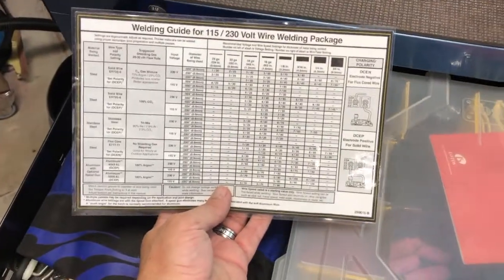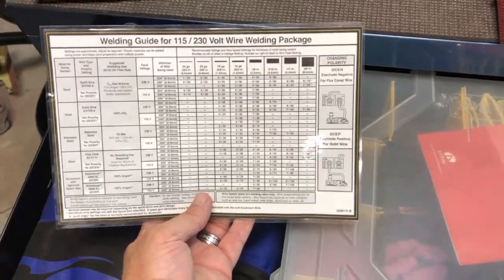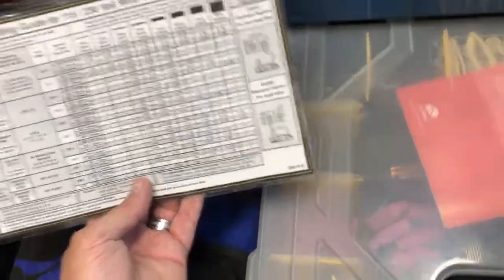This is little stats on what kind of metal, what voltage, what air pressure you should have, whether it's argon or gas, thickness of metal. It's a nice little reference chart that I made up. Then I have in here some,